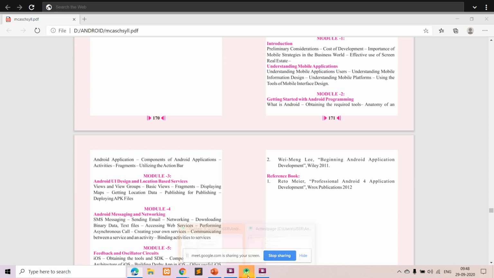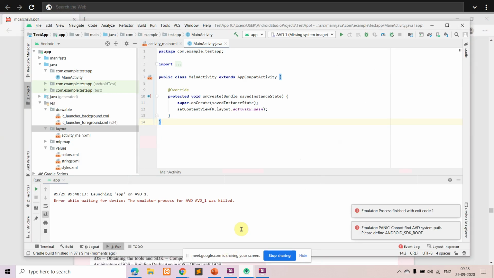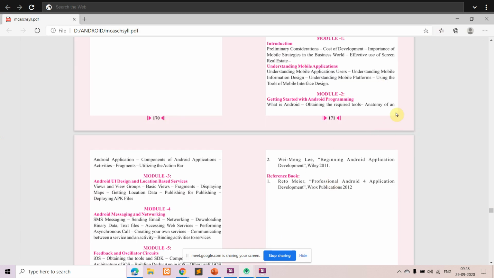Using Android Studio, we'll be developing our programs. Then we also saw the anatomy of an Android application. So in the anatomy, we saw about the different folders you have in your Android application. Then we saw about the activities, fragments, and finally a small topic that is the action bar.